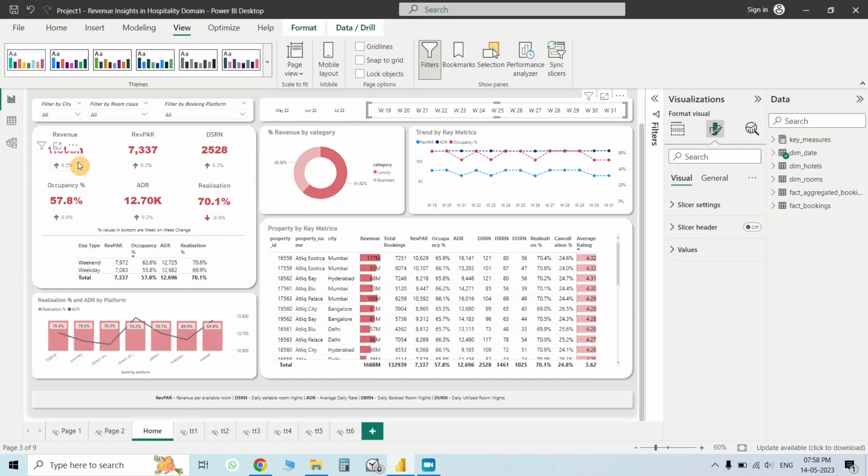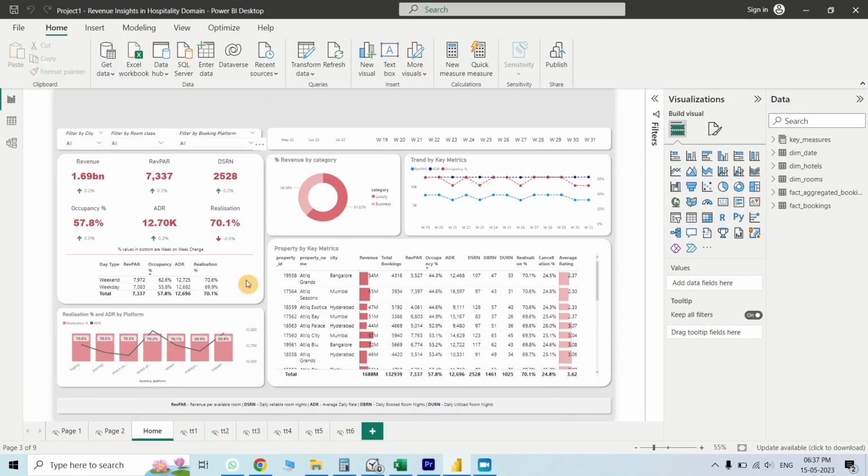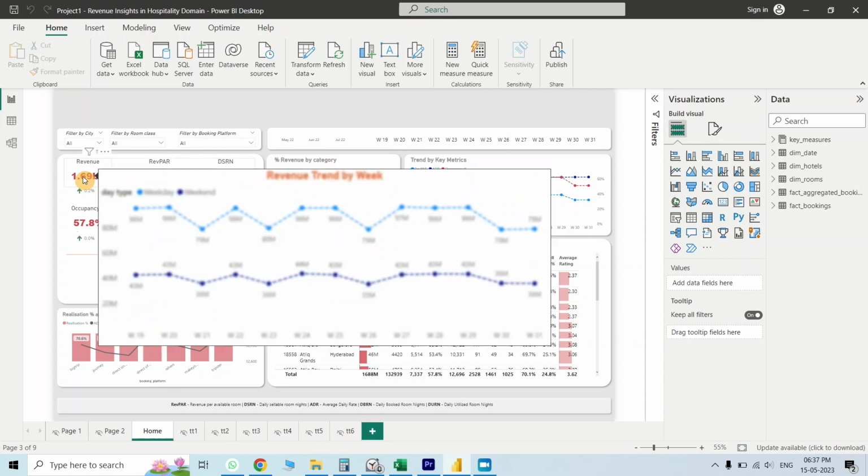And here I have mentioned the revenue, RevPAR, DSRN, occupancy percentage, ADR, and realization percentage. And here you can see that small number that I have given, the week on week value changes in particular, specific. The week on week value change in revenue, RevPAR, and I have given that arrow marks. If it increases, it will give a green up arrow mark, and if it decreases, it will give the down red arrow mark. And if it is neutral, there will be another symbol, that arrow pointing towards the right hand side in yellow color. If you place the cursor over revenue, RevPAR, and DSRN, you will get a pop-up